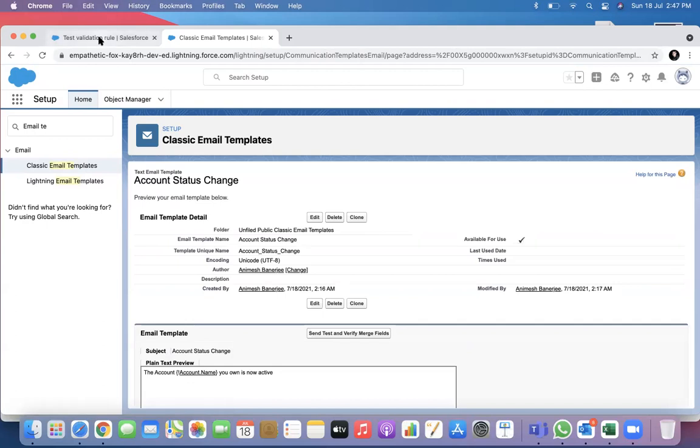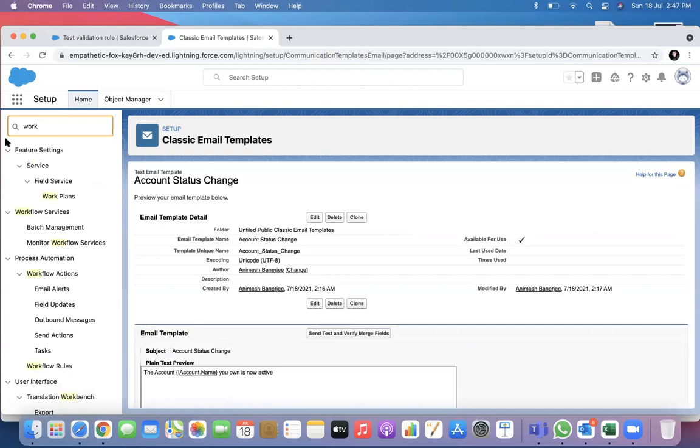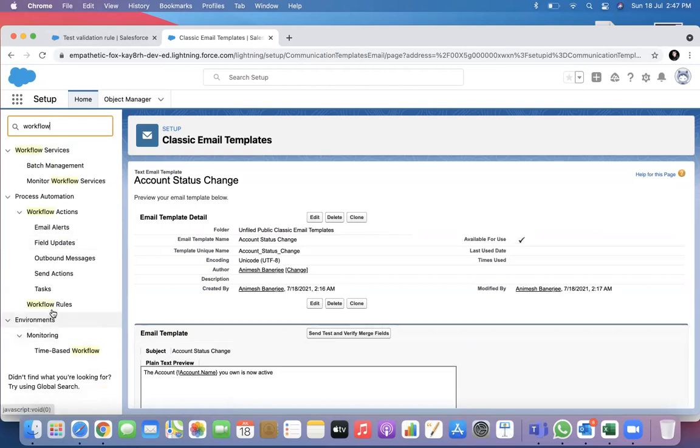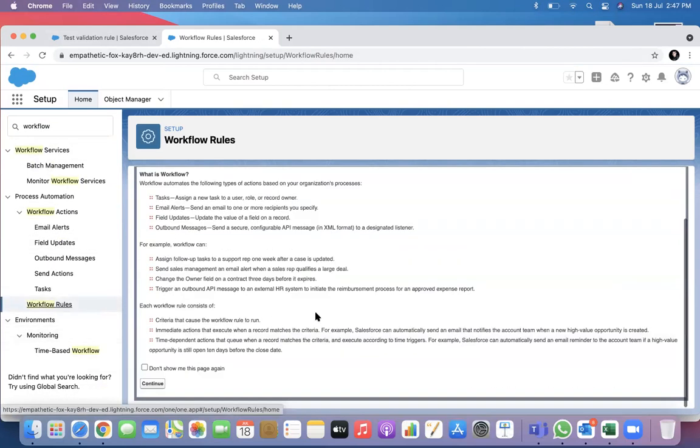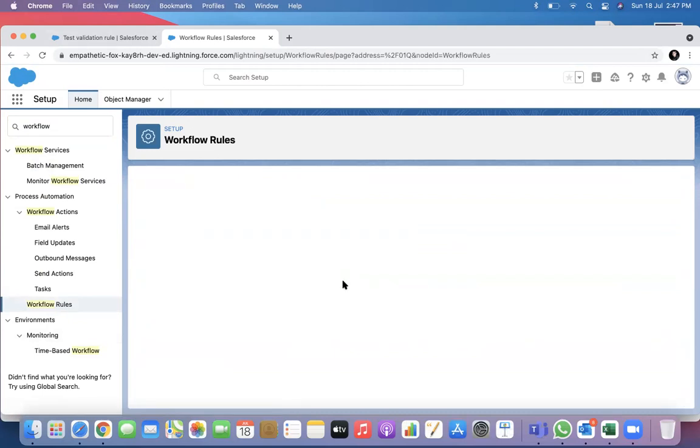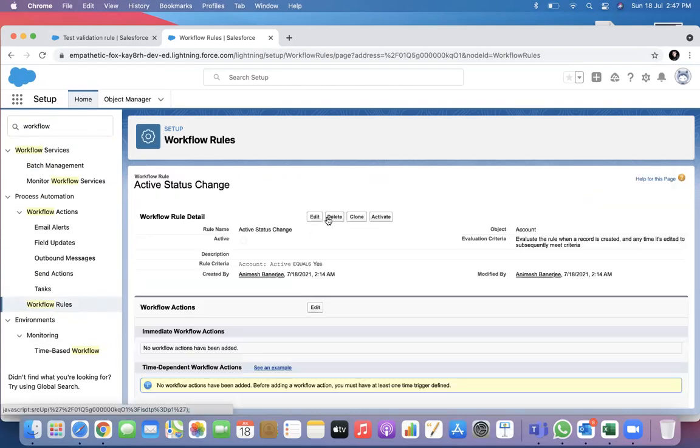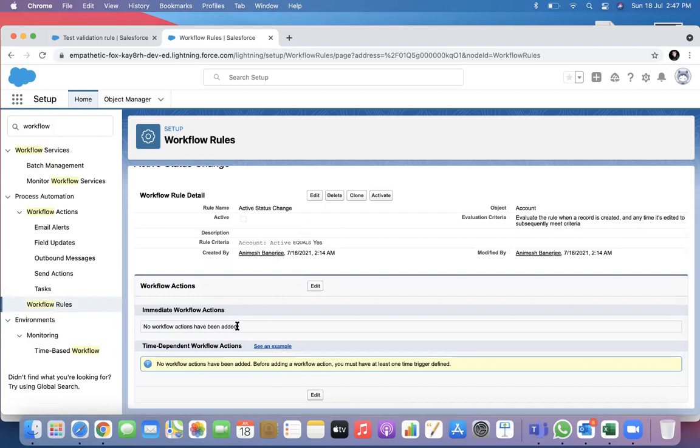Now I go back to my workflow. This workflow is there, active status change. I will go and add now an email alert.